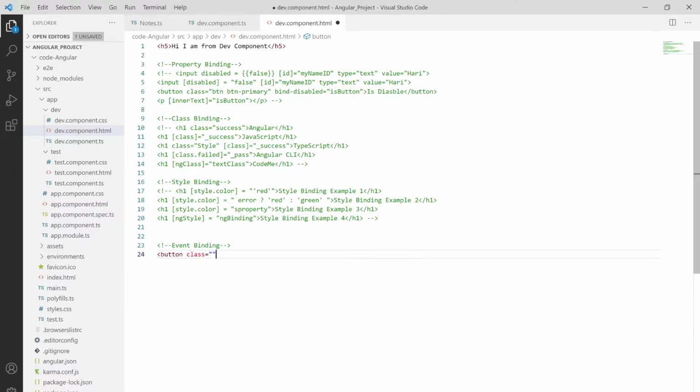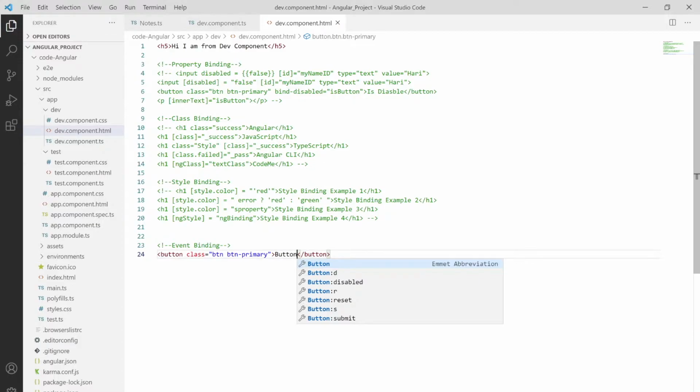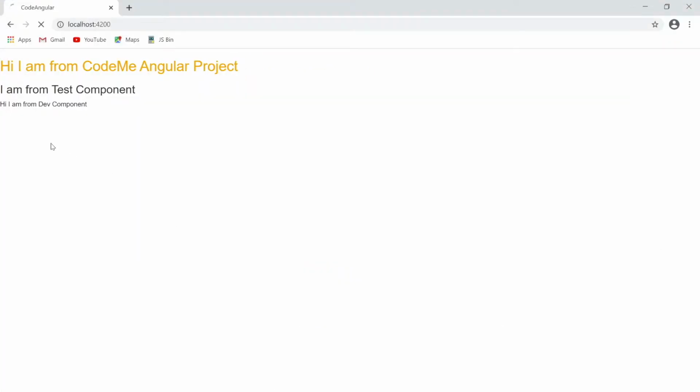I'm using Bootstrap, so I'm using btn and then btn-primary. Let me also give this button a name, say I'm giving it the name button. Let me save this and show you in the UI. As you can see, a button is present in the UI.